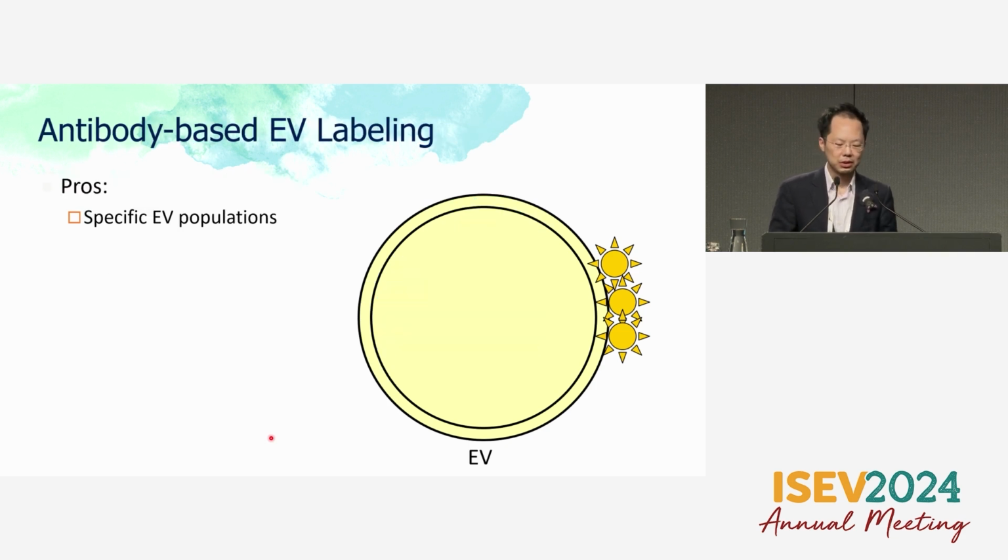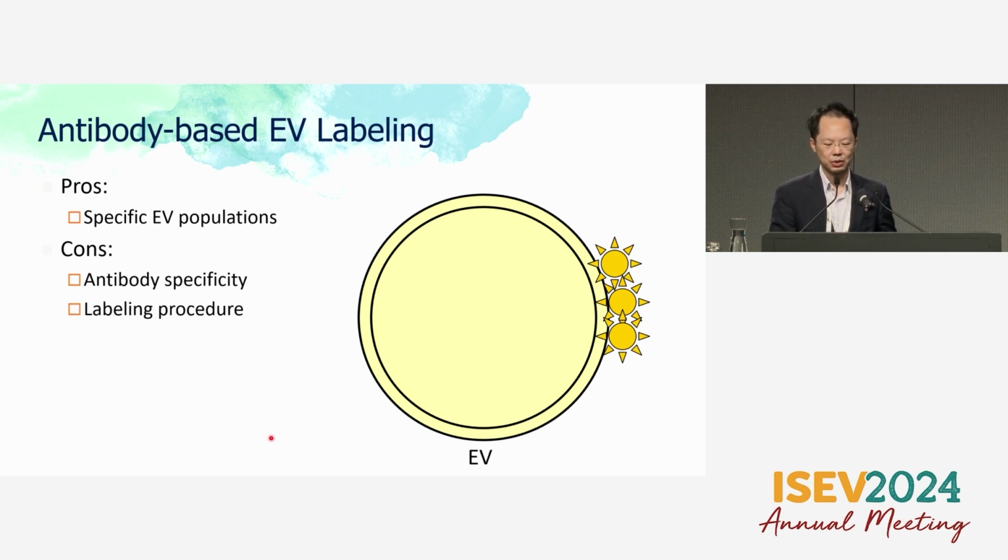Now, to go into antibody-based labeling, they're usually very specific on the marker that they express. So that's a pro if you're into, for example, CD63 or CD81, but that's also the con, because you're only looking at a very specific population of the vesicles. And the labeling procedure has to be really exact, such that you don't have false positive binding and stuff like that. As I'll mention again, you need a lot of protocol controls to make sure that what you're seeing is not false positives.